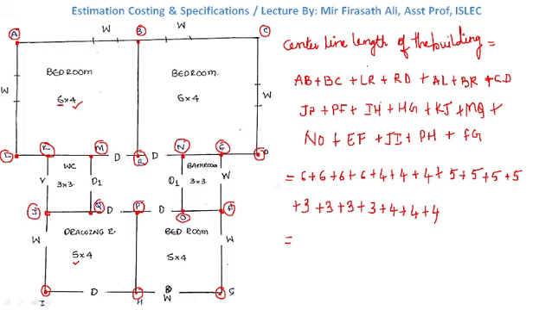If we add all this, the center line length of the building is equal to all this center line length minus, the formula is, number of junctions. After getting the center line length, we get it as 80. What do we need to subtract? From this total center line length, we need to subtract the common parts, which is the number of T junctions